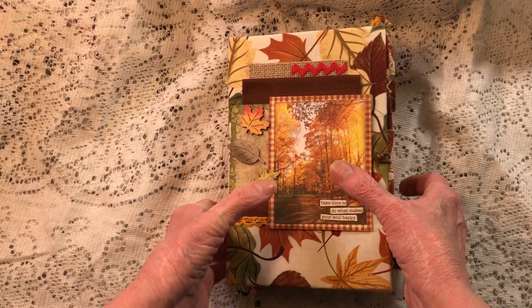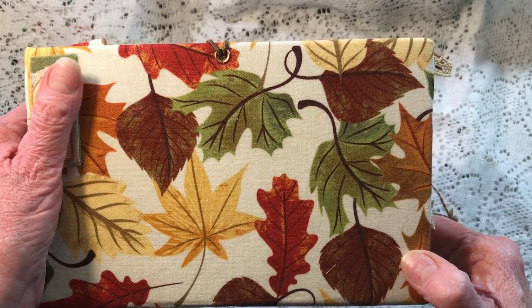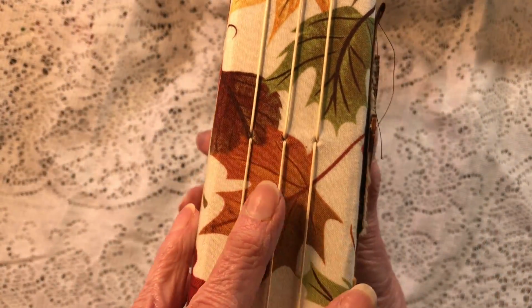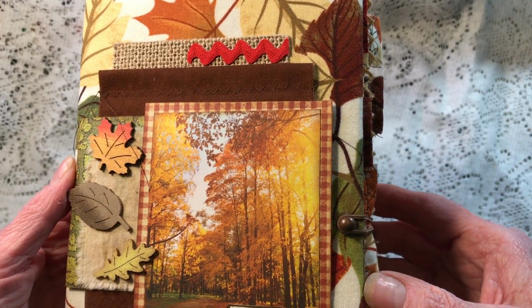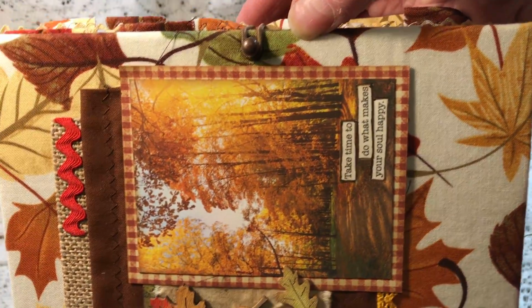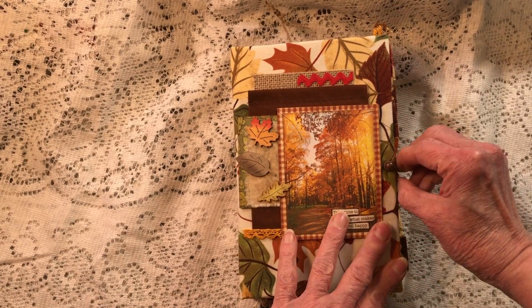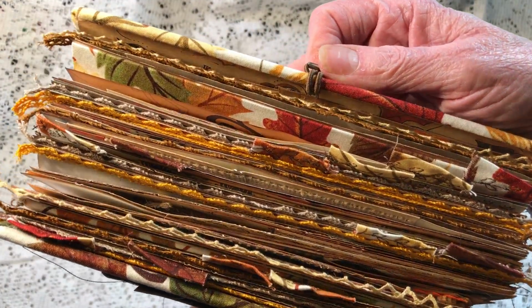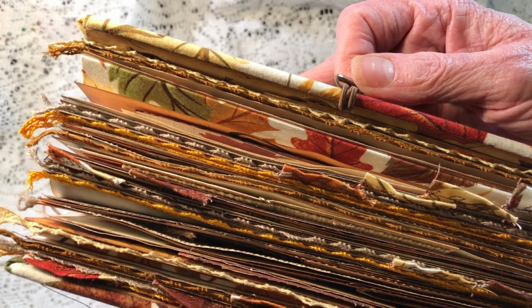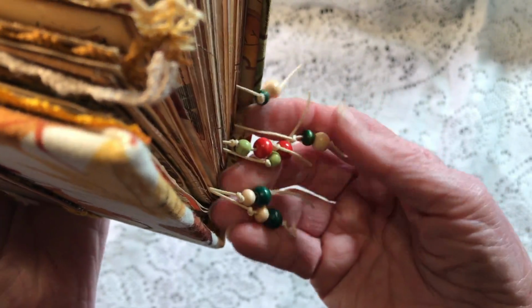So, this cover is the fall leaves. And I know you guys have been watching as I've been building this book. It's 3 signatures, 2 1/4 inch spine, and then we did the cover together, if you recall. It has a hitch post on it with the band here that holds it closed. And I'll show you what the sides look like. It has like 3 or 4 different color fall lace on it, and it has fabric tabs that are stitched with leaves, and it also is beaded with fall colors on each